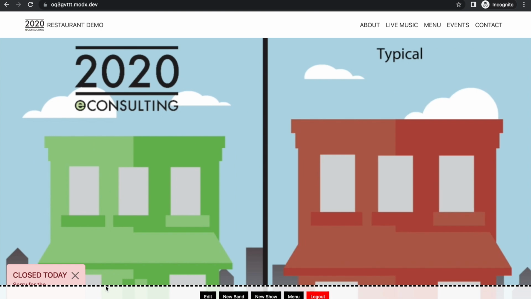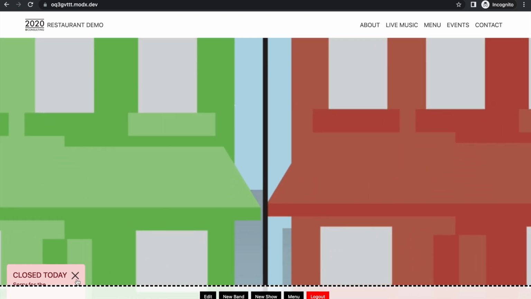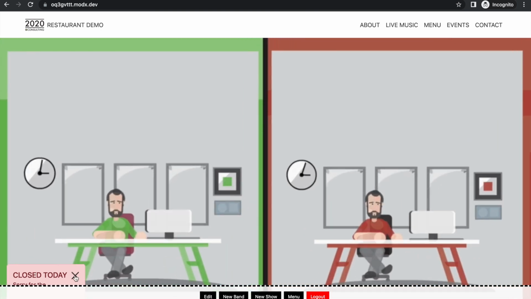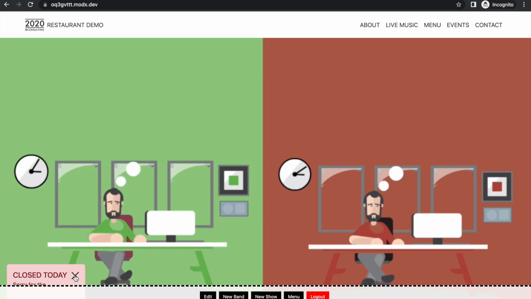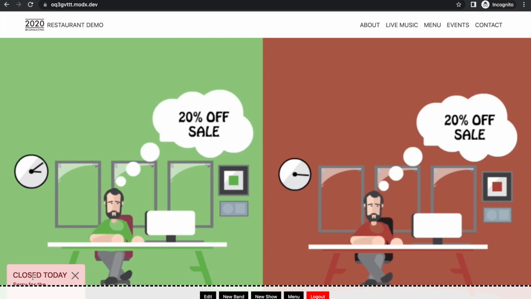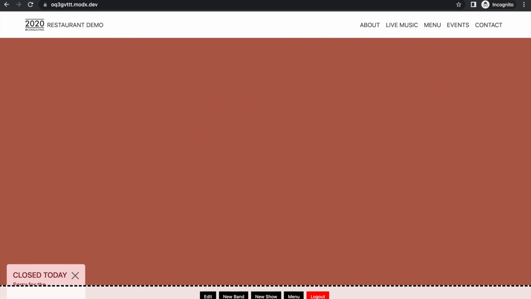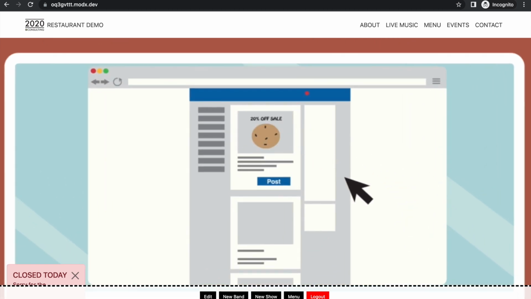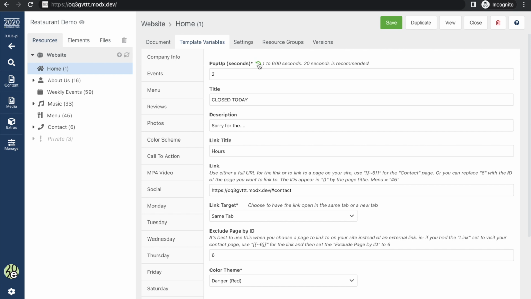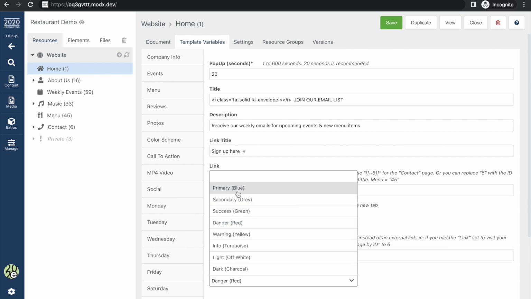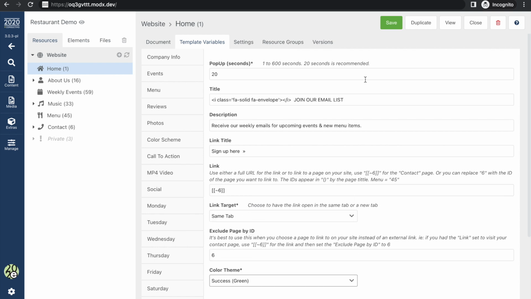And since we're logged in, we do have this border here, and that kind of hides our little pop-up window. But normally a regular user would not see this border here. And we'd see closed today, the message, and they'd have a link for hours. And like I said, we can reset this all back to what it was by doing this little set to default, which is really handy if you have kind of a one-off thing. And let's see, we will do green. Hit save.